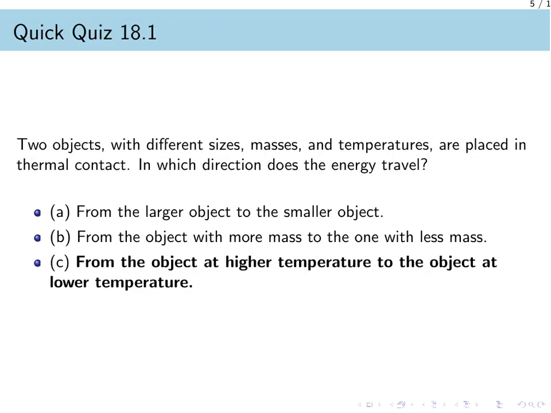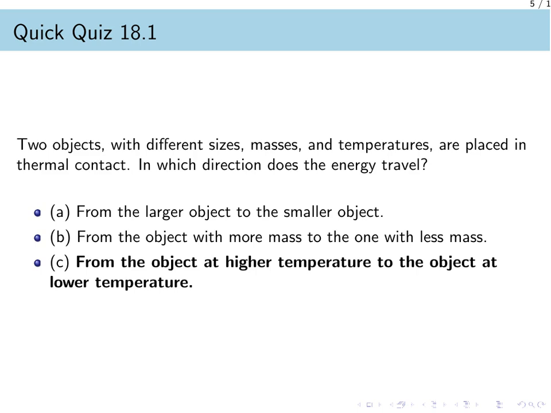Let us test our understanding with a quick quiz. Imagine two objects with different sizes, different masses, and different temperatures are placed in thermal contact. In which direction does the energy travel? Option A suggests it moves from the larger object to the smaller one. Option B suggests it moves from the object with more mass to the one with less mass. However, based on what we just learned, the correct answer is C. Energy always travels from the object at a higher temperature to the object at a lower temperature, regardless of their